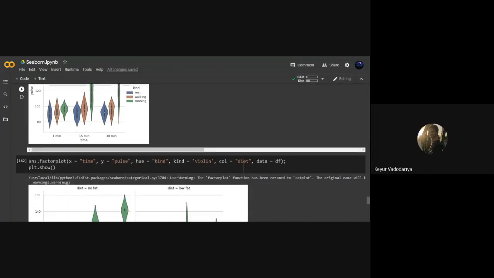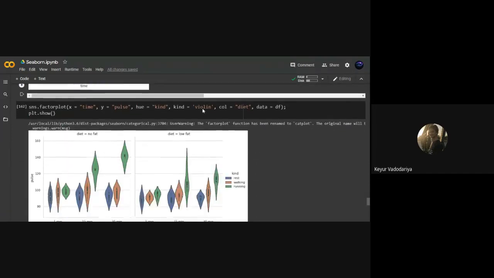Now if we want to plot more than one chart based on a categorical value, here we want to plot time versus pulse based on kind, that is whether a person is walking, running, or at rest. We want to plot it as a violin, and we want two separate plots based on the diet. So we have two plots, for diet equal to no fat and diet equal to low fat.